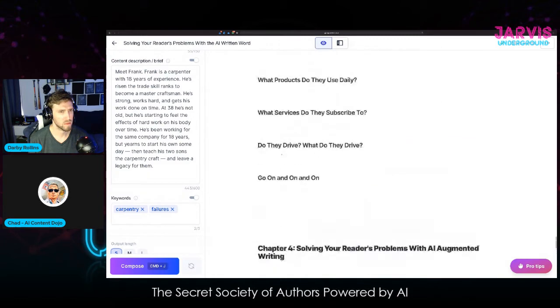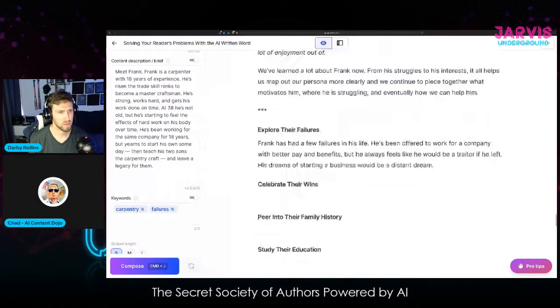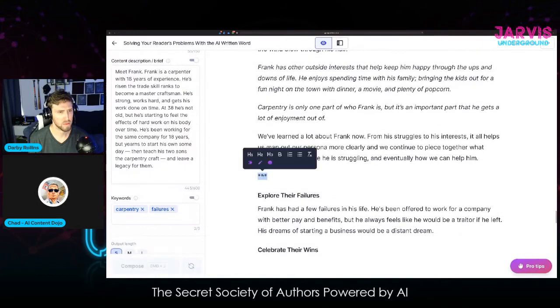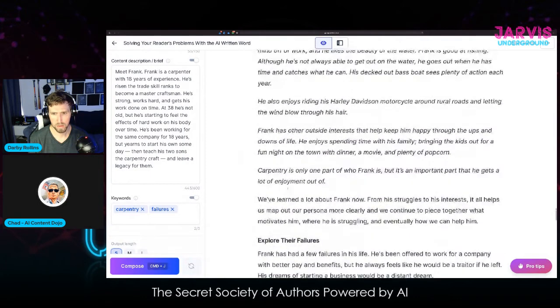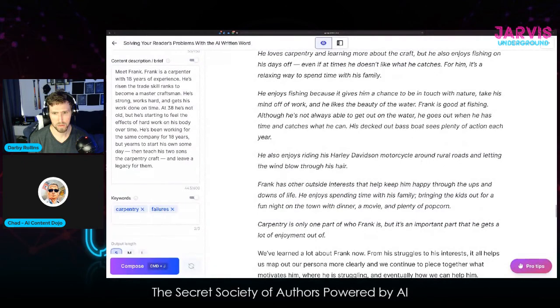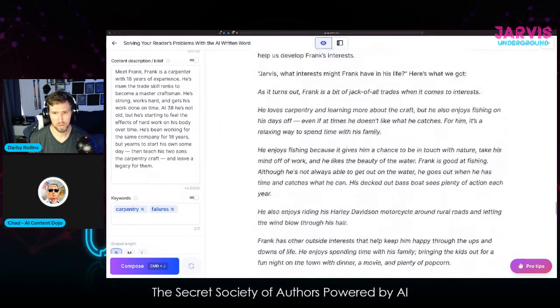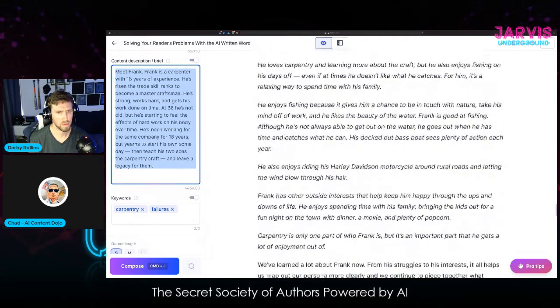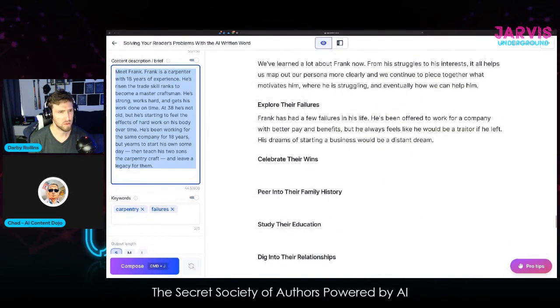Because if you think about it for a second, the context, sorry, fast scrolling again, hopefully I don't make anybody motion sick. When you're at this point here, you've got all kinds of content up here talking about him riding a Harley, fishing, different things. None of this content on this side over here is in this. That can be good, or it could get in your way. If it's in your way, just know that you can cut that off and just use this side when you turn this on. Previously that was not possible because commands would not use the content brief. So that's a new thing that Dave and the team added.